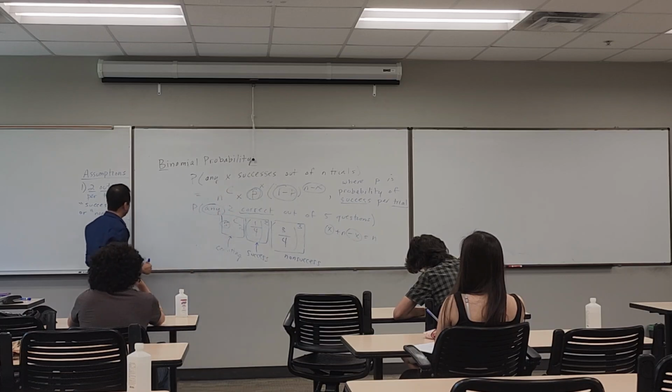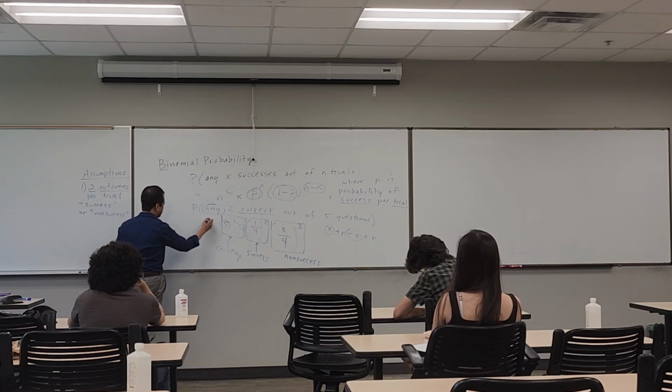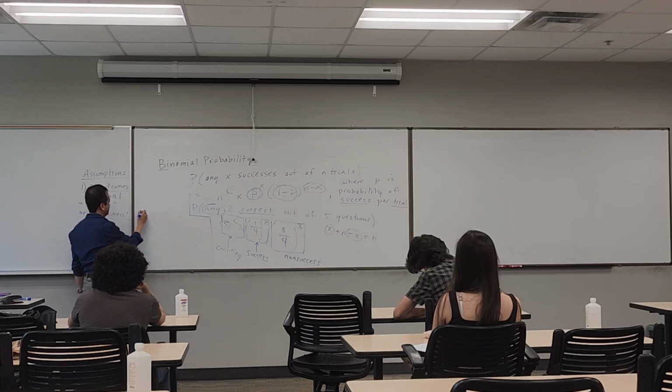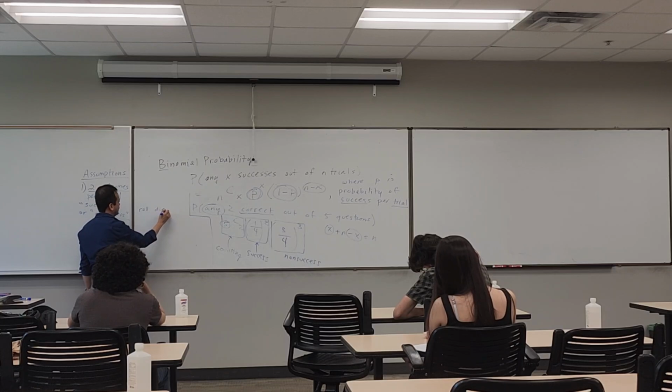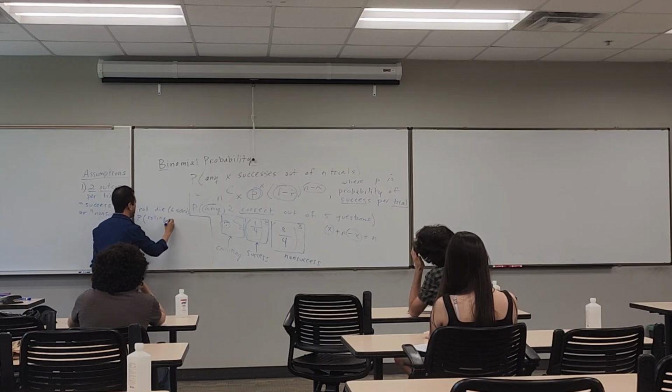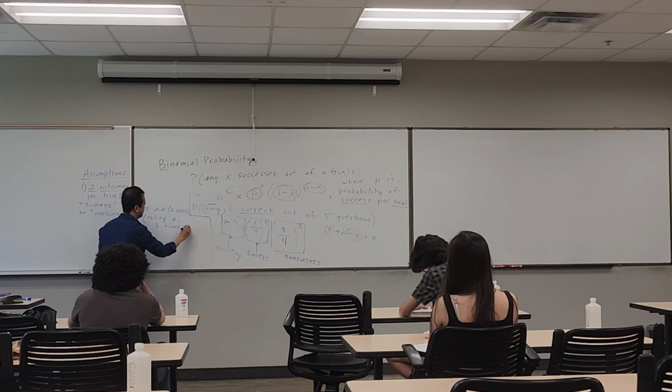So for example, let's say you roll a die, that's 6 sides, and you want to find the probability of rolling a 2 3 times out of 10 rolls,